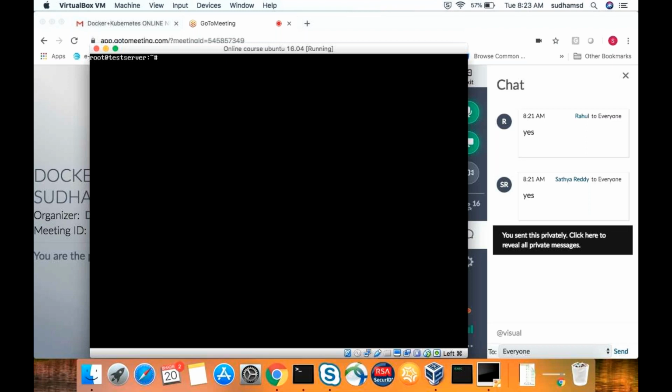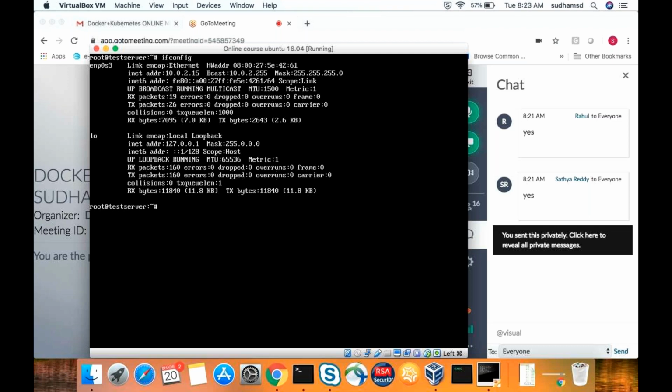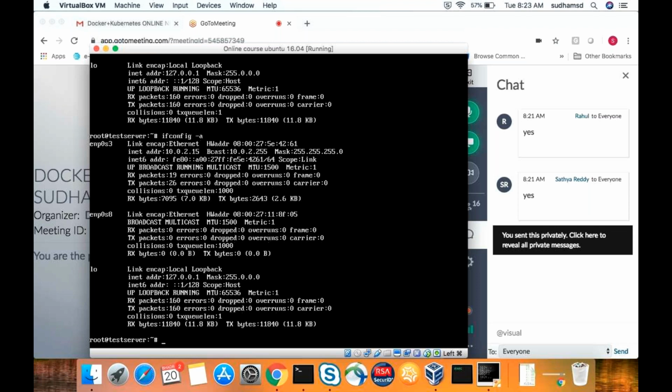For Windows, we will see in CMD, we will enter ipconfig, right? But in Linux, it is, sorry, yeah, ipconfig. For Linux, it is ifconfig, which we enter. Okay, ifconfig -a will give you the down interface as well as the up interface, both. Okay, now we can see we have 3 interfaces in total.